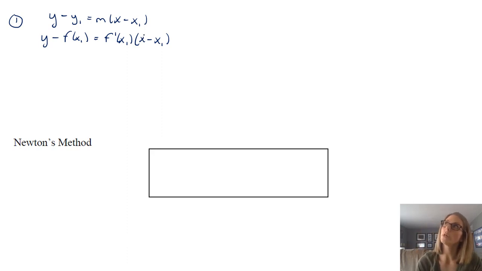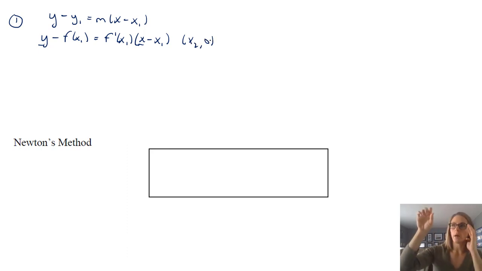Now, what you want to understand is that tangent line at x sub 1 has an intercept at x sub 2, and the point is x sub 2 comma 0 because it's a root. So we're going to replace our x and y with the idea of x sub 2, 0, because we specifically want the point where it goes through the tangent line and then through that root point.